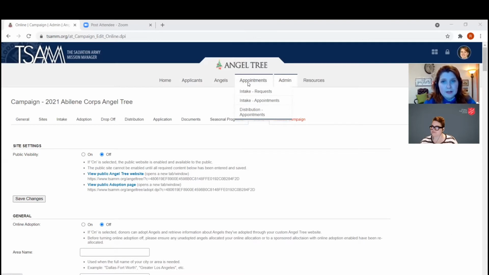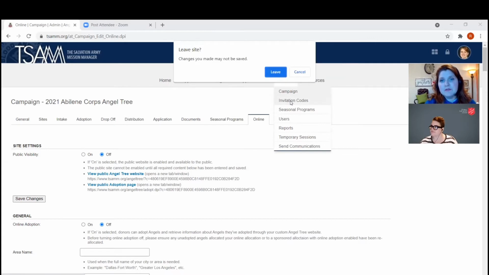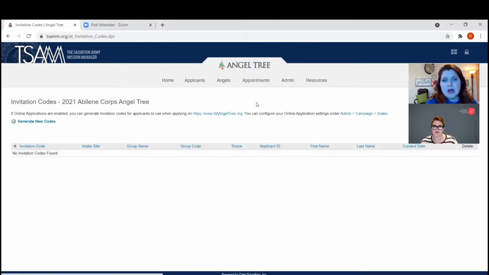So I'm trying to find it now. Okay, I can print out invitation codes, and when I print off, that's fine. You can just go into invitation codes and hit this generate new codes, and you can set your online applications when you go to set that up in your